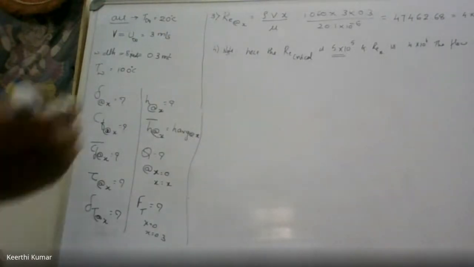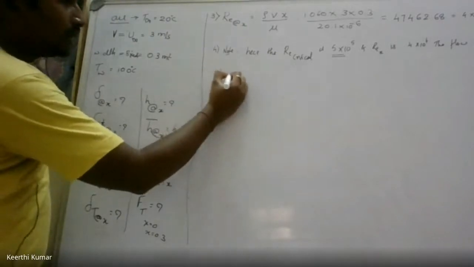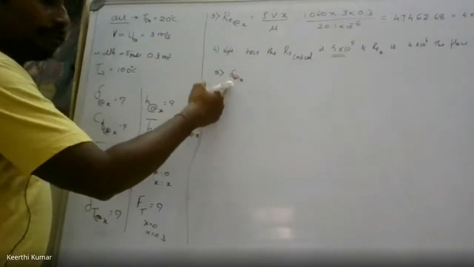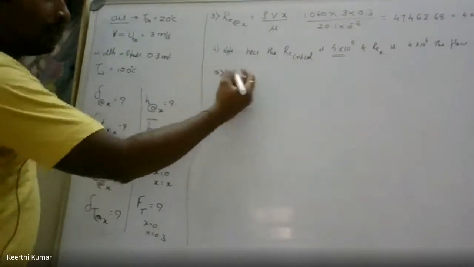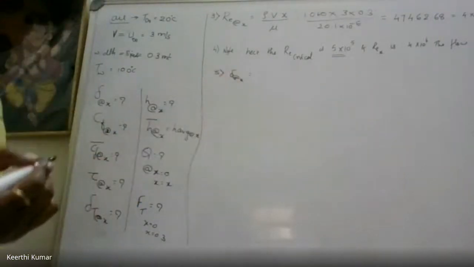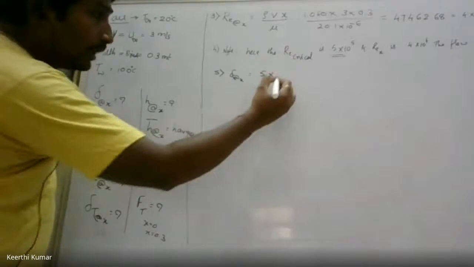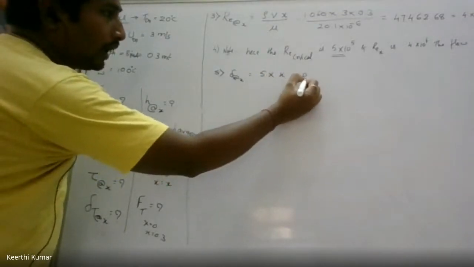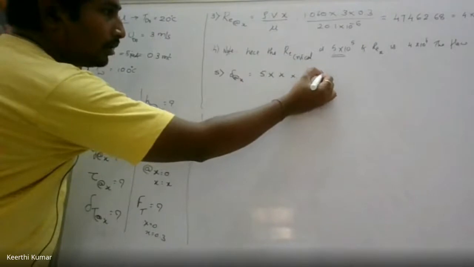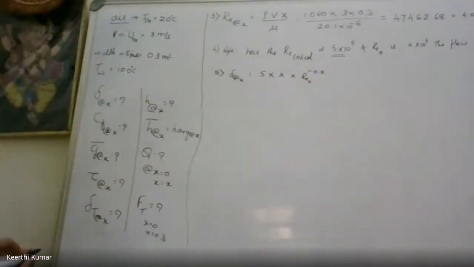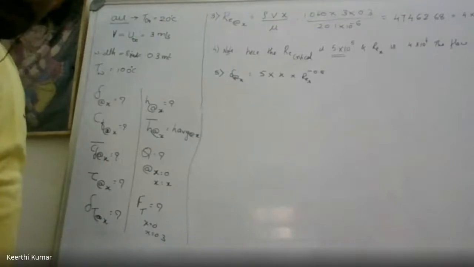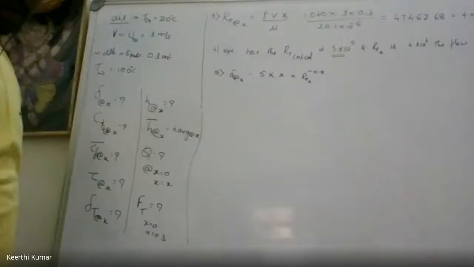So after this, you go for the fifth one, that is boundary layer thickness, delta at X. This is the boundary layer created due to the velocity profile. Boundary layer thickness delta X is equal to, open the data handbook. Yesterday we did this problem, that is 5 into X into Re X to the power of minus 0.5, something like that. Or shall I project? If you're having it, please open.